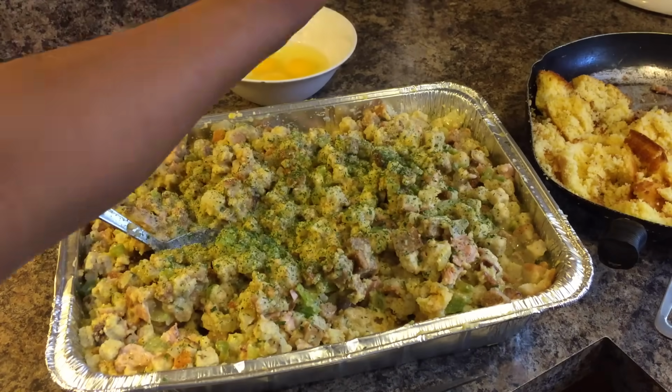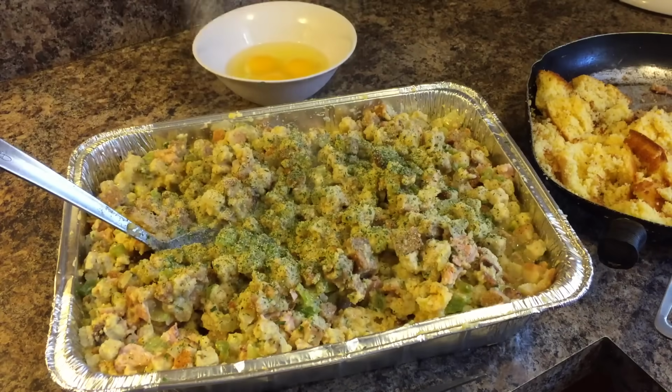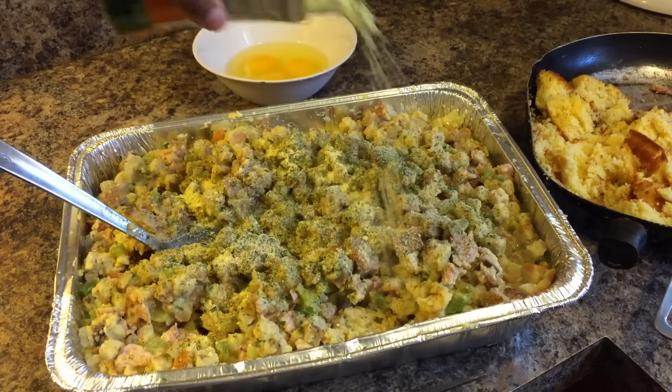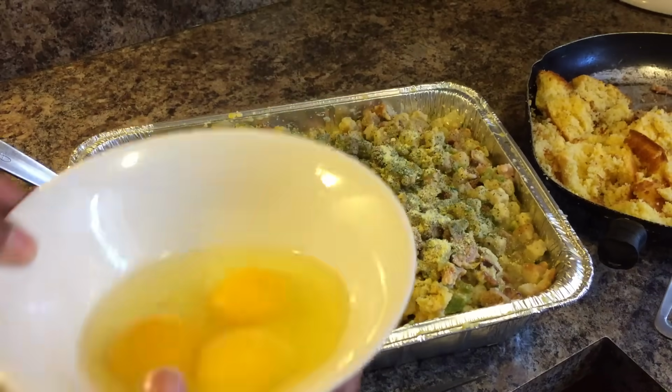Now, in we go with a little bit of garlic powder. I want my family to have flavor when they taste this. A little bit of ground sage, just a little bit, not too much. Onion powder. Tiny bit of Maggi pollo. That's a tiny bit, that's good. All right, now, let's go ahead. I want to beat up